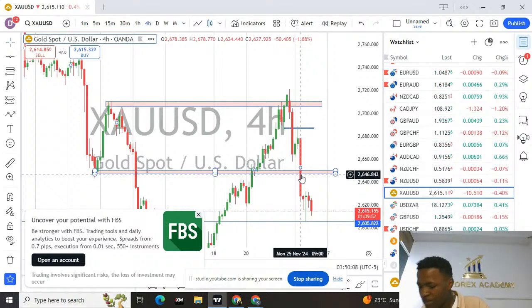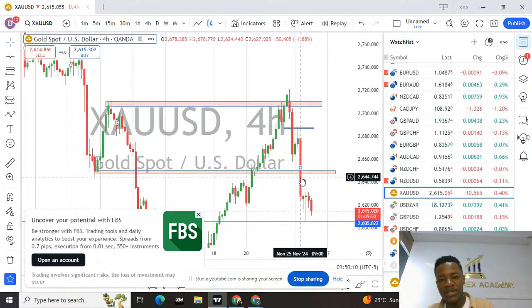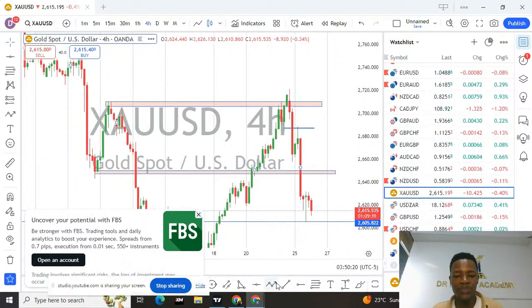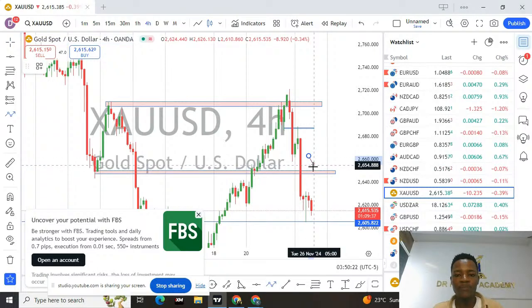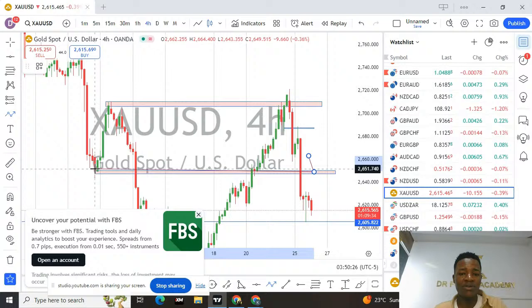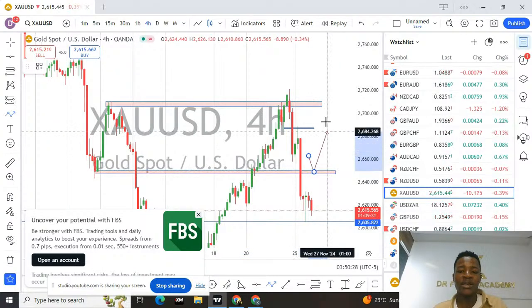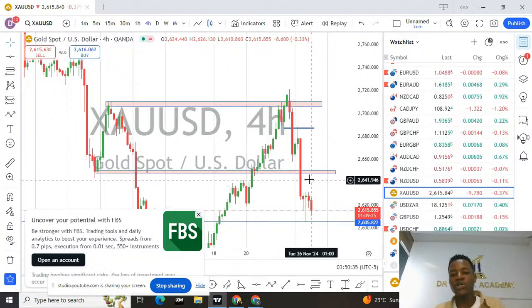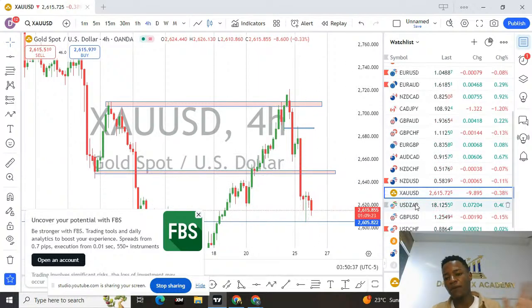So Caleb, you asked me about 2650. Yes, this is the level, it's 50 here. This is why I was looking for buys. The reason why I didn't take the buys is the way the market closed. If you're taking this area, you have to wait for the market to come back and rest here, and then, because you can clearly see the shoulder on the 4 hours, rest there and respect that area and then buy. By the time of getting to this area, the market closed below, and this didn't guarantee for me to take a buy. Okay, that's on gold.